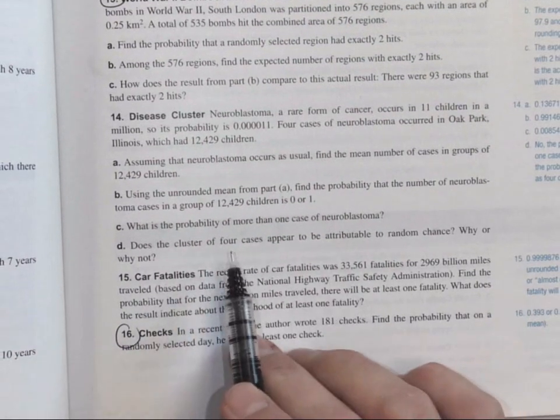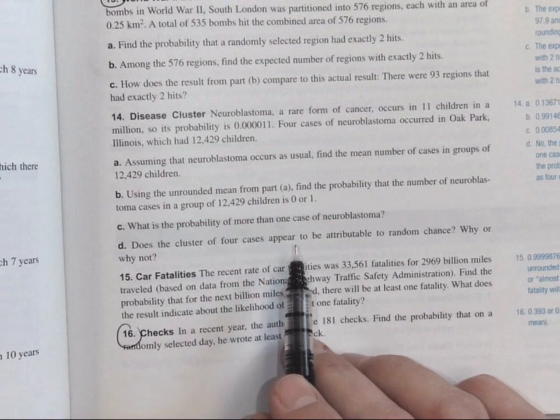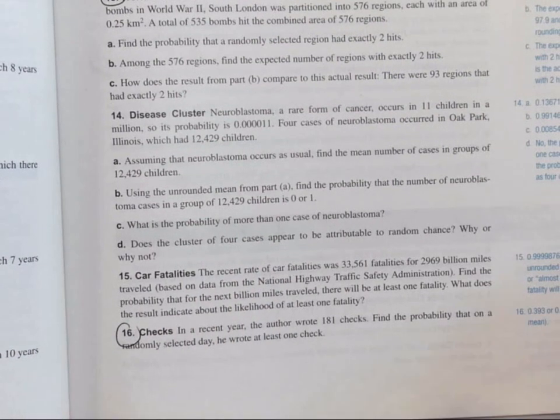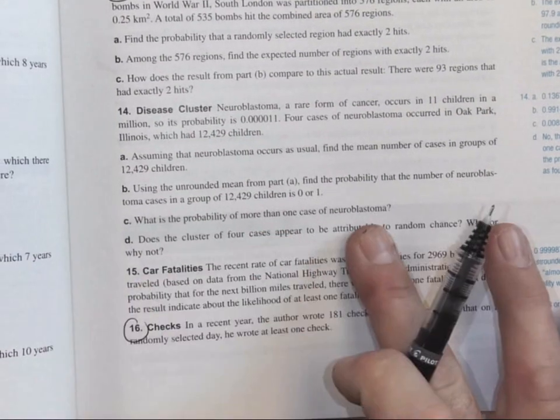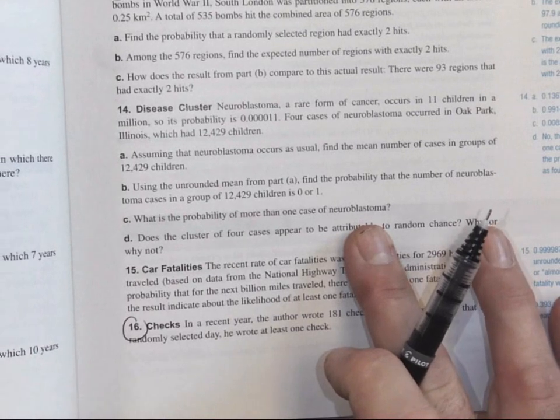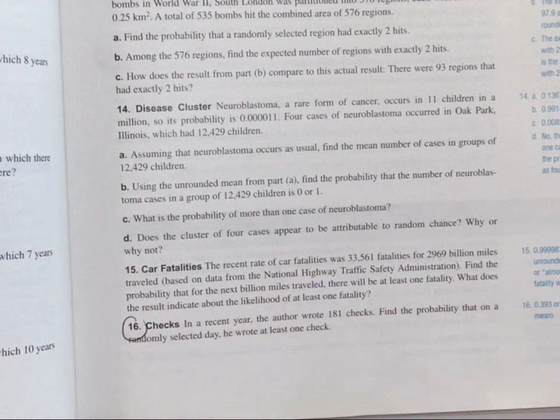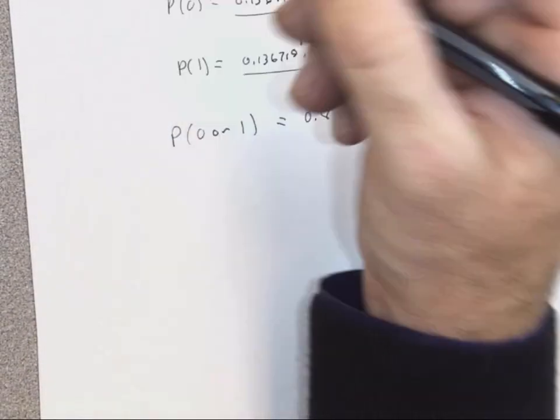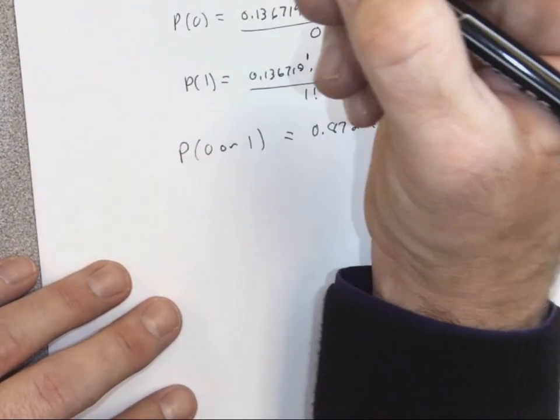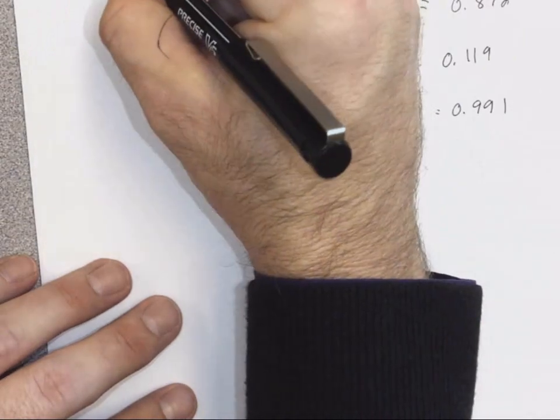So what is the probability of more than one case of neuroblastoma? What they want to know is what's the probability of more than one? So the probability of 2, probability of 3, plus probability of 4. So in order to answer that,